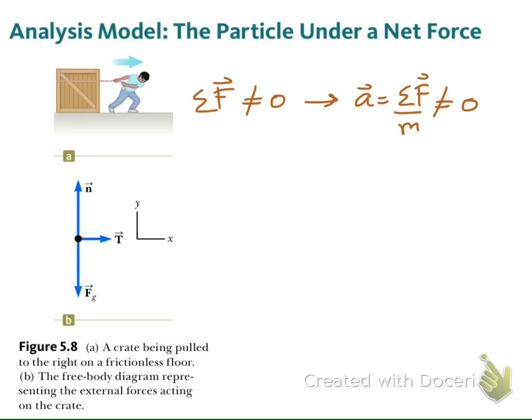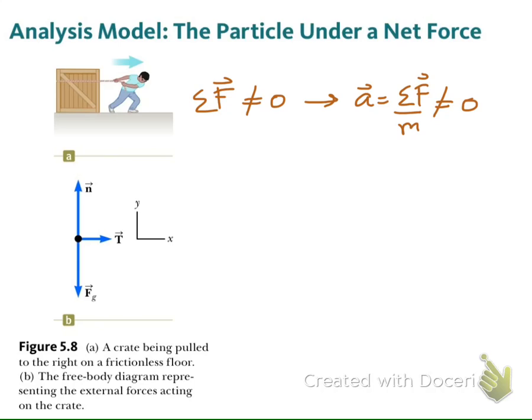Again, you can write down the free body diagram. For example, this man tries to pull the object, the box, which is a wood box, and when you draw the free body diagram,